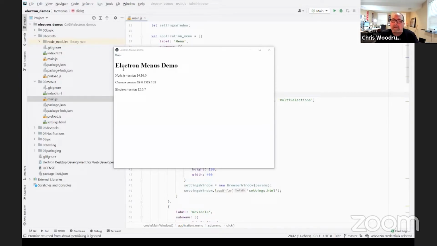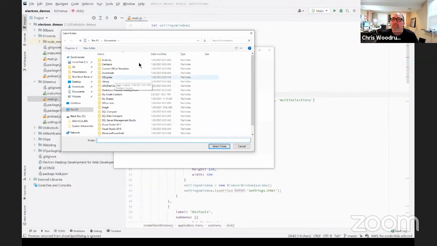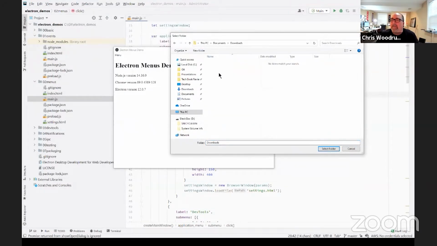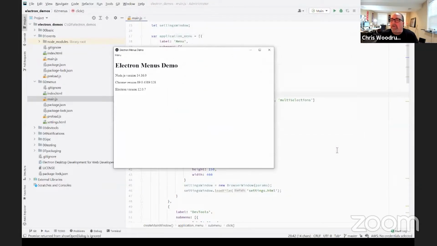Basically, open will, and it's always showing up on the other screen, show an open dialog where I can come in and pick files, or I can select a folder. It doesn't really do anything because I'm not actually sending that data back to the window, but I could, coming off of this.